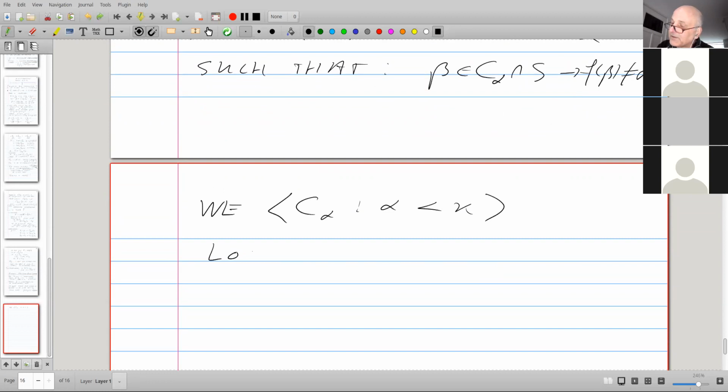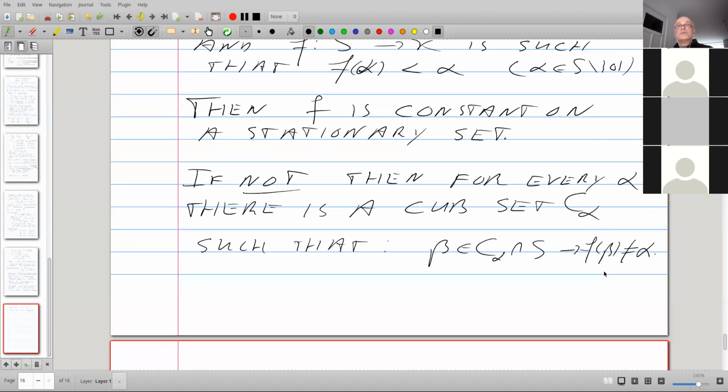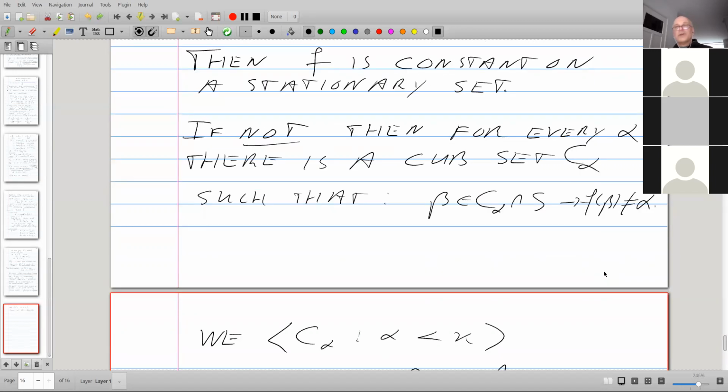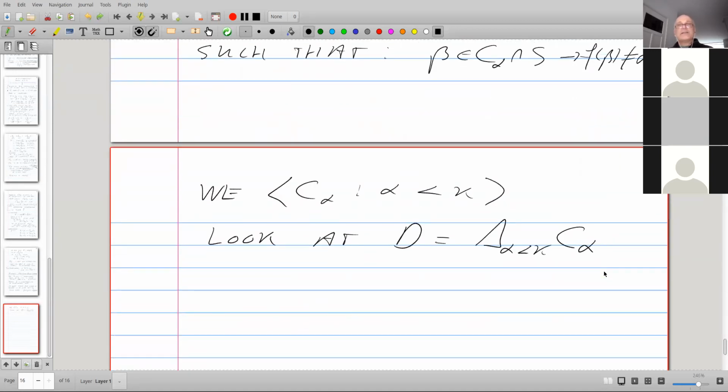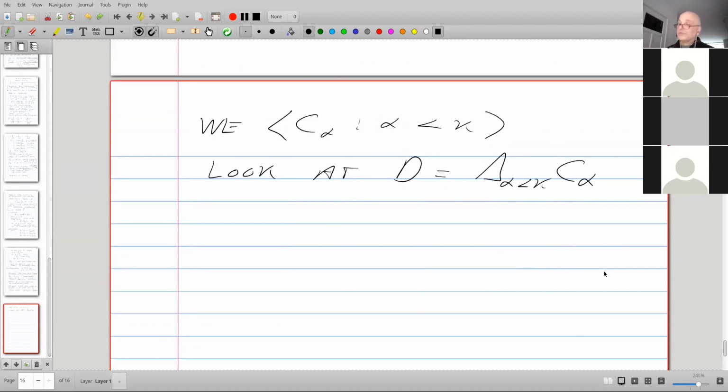Look at the diagonal intersection. So it's constant on a stationary set. Suppose not. Then for every alpha, we get a closed unbounded set and everything. Take the diagonal intersection of that, and what do we get?